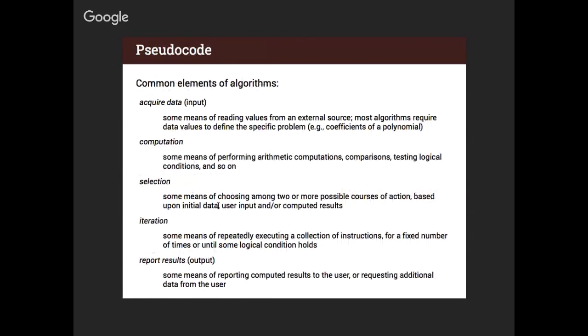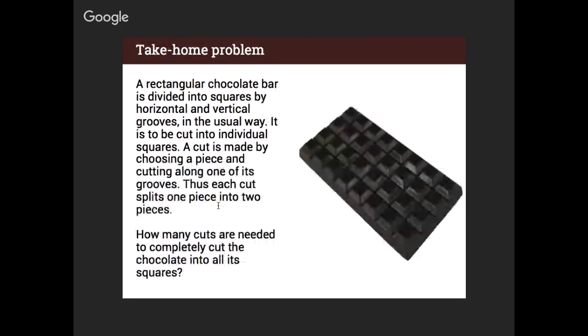On Wednesday's slides, there was a problem that we never saw because I go so slow, about cutting a chocolate bar. And after Wednesday's class, somebody told me that they found the solution for the jar problem, which I'll admit I just plucked out of a textbook, where it occurs a million times. So I couldn't tell them if they're right or wrong. But if this class is really too boring, here's another problem that we'll get to on Monday.